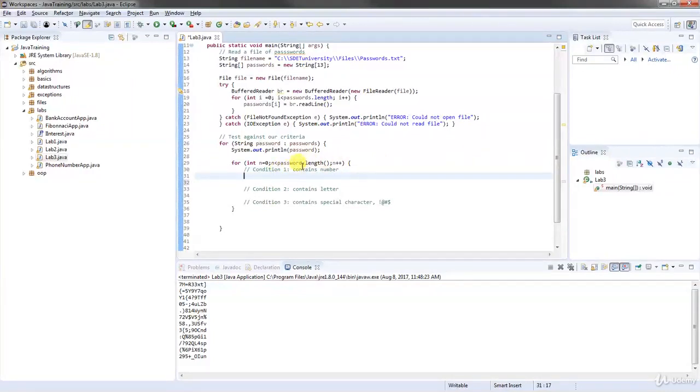What we want to do actually is say if a set contains the character, right? So we're kind of thinking about it backwards. We're going to say if a set of numbers. What's a set of numbers? Well, it's 0, 1, 2, 3, 4, 5, 6, 7, 8, 9. If this set contains the password at n, right? Then